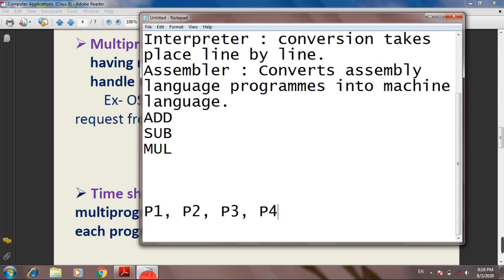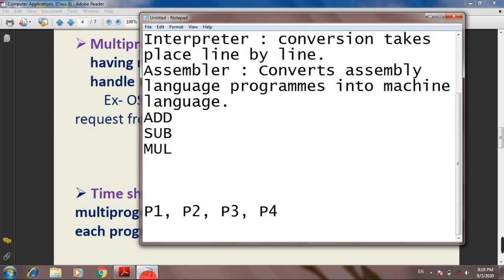It means if you take 1 minute as the whole time, it will divide its whole 1 minute time into all these four processes. So here each process will get about 15 seconds of CPU time.